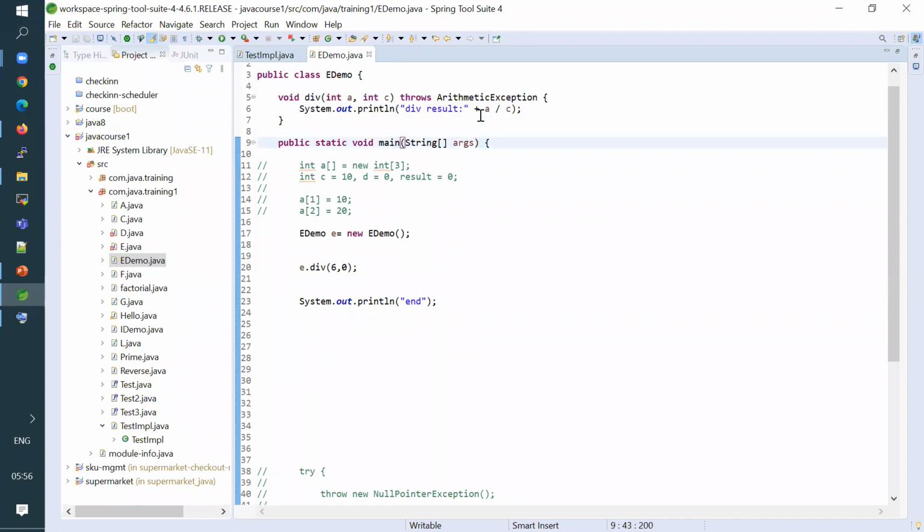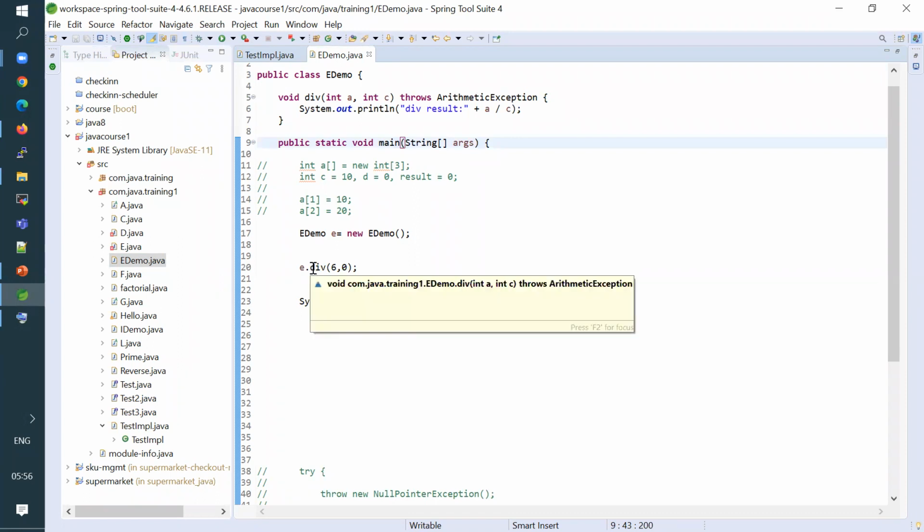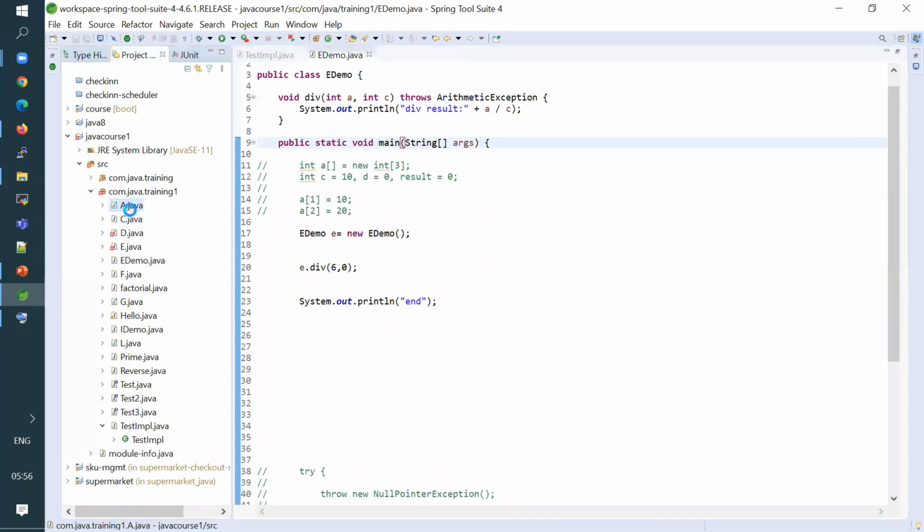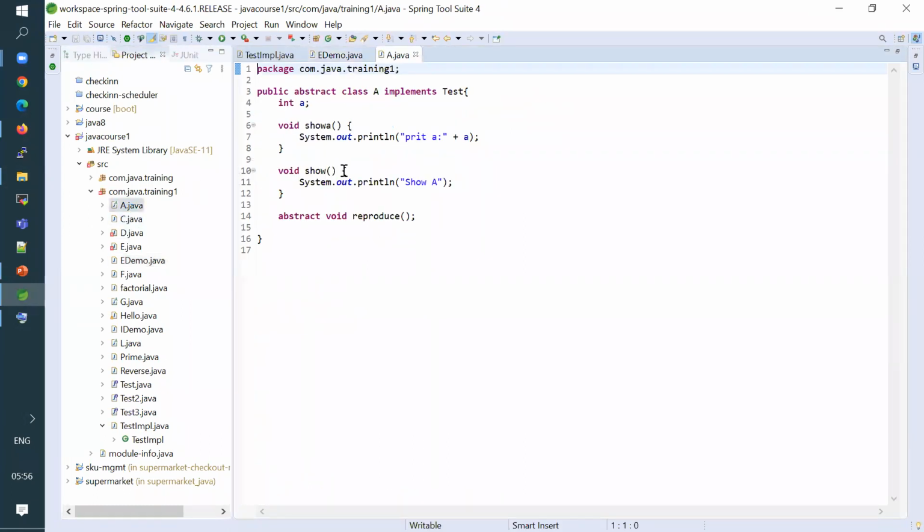So basically when I tell this, I am automatically supposed to handle it. I'll just pick some other method. Let me just do it here then. Throws, I'll simply say throws just Exception. Okay.